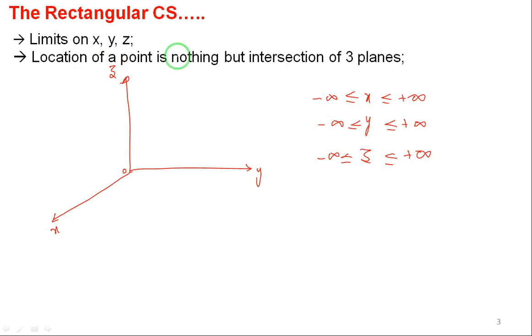Okay, if I take any point, if I locate any point here, A of some x comma y comma z, or else I will say 1 comma 2 comma 3 for example, let me take it, right? Then if I locate any point, whether it is the rectangular coordinate system or cylindrical coordinate system or spherical coordinate system, it is always an intersection of three planes. If I locate any point in any of the three-dimensional coordinate systems, it is always an intersection of three planes. I will tell you which are the three planes.